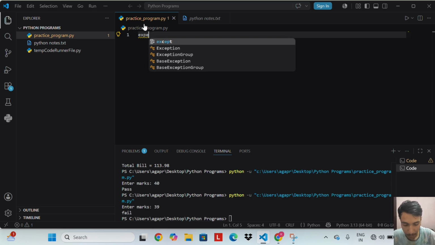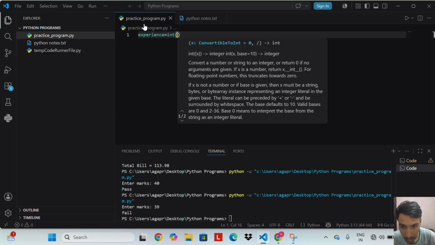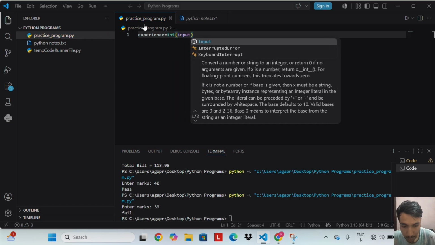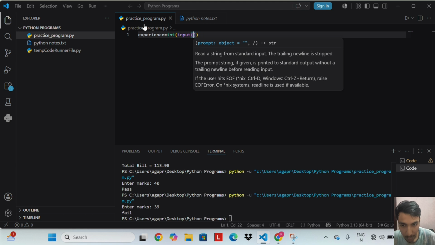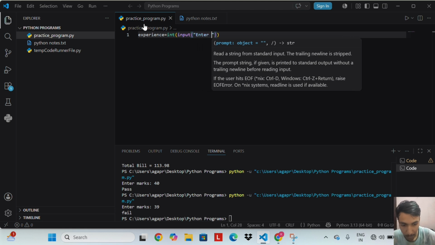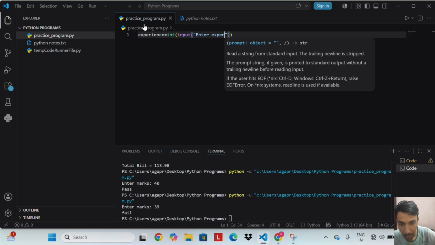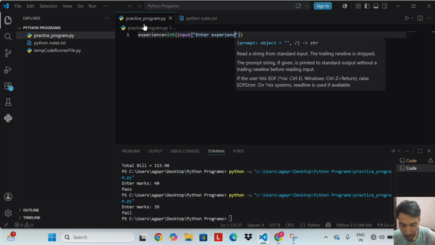experience = int(input("Enter experience")).